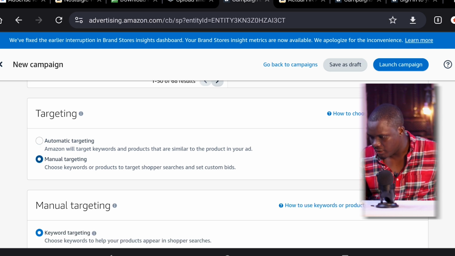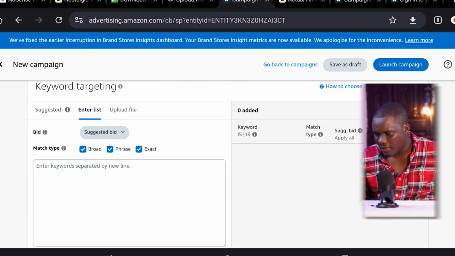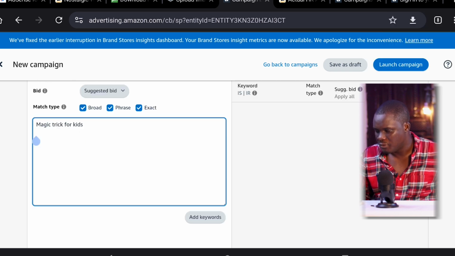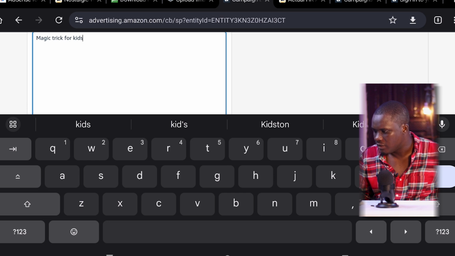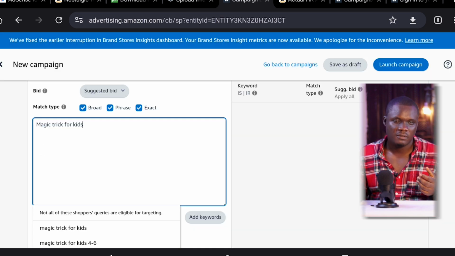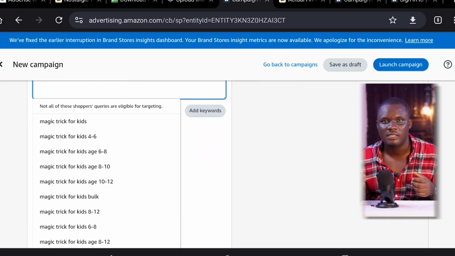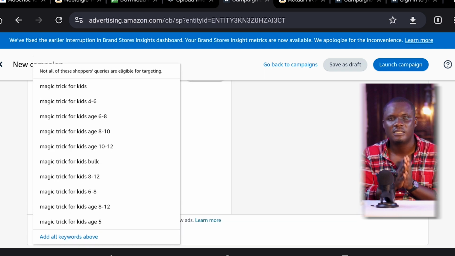Then I'll just come here and click enter list. Then type the short tail keyword of the niche you are doing your research on. For example, I would type magic trick for kids. Immediately you will see Amazon suggestions of several keywords, and these suggestions are very important because it tells you the